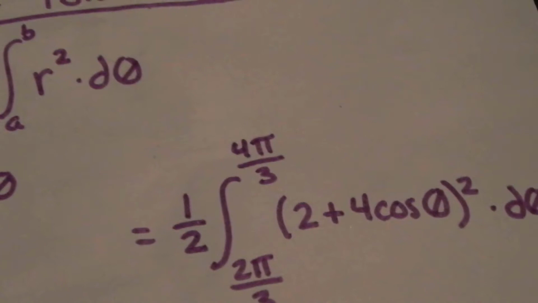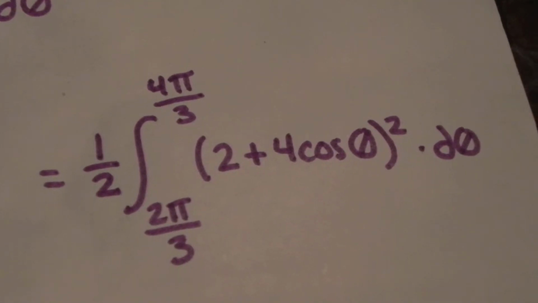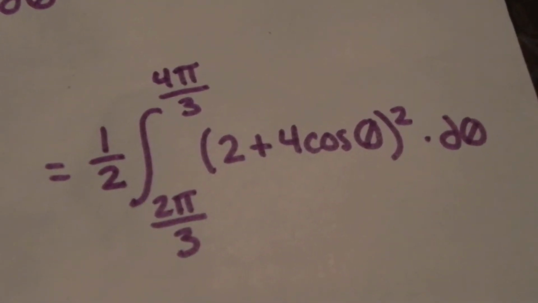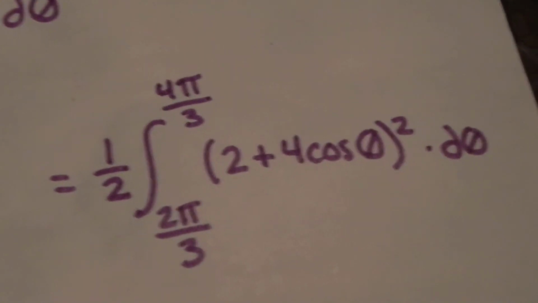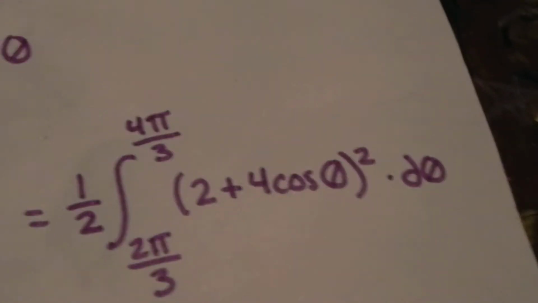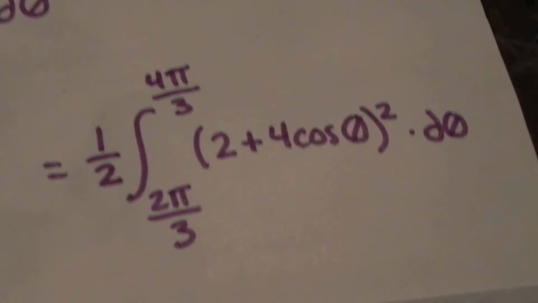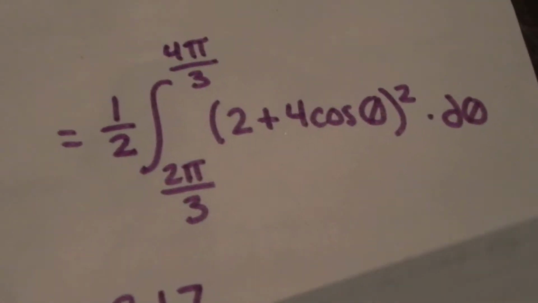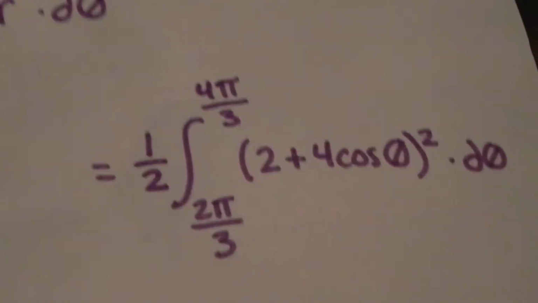You can put the 1/2 on the outside and have the integral of (2 plus 4 cosine theta) all together in parentheses squared, from 2 pi over 3 to 4 pi over 3, which you can plug into your calculator simply and get the answer 2.17. Or, if you want to do it by hand,